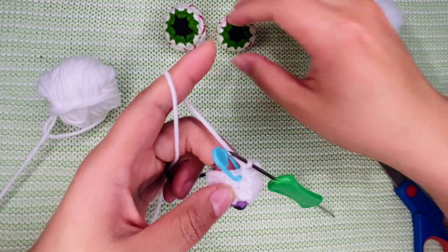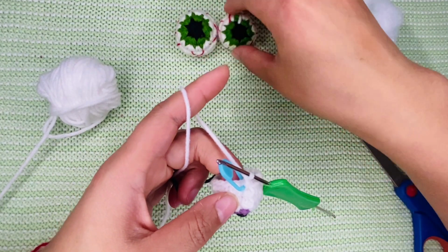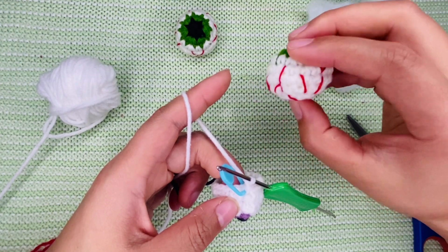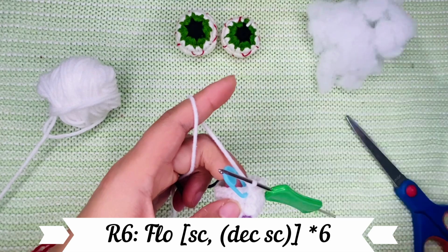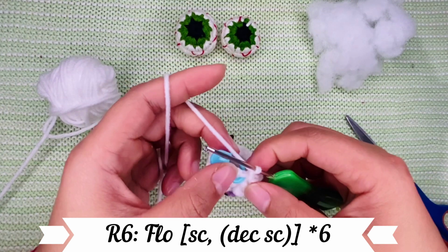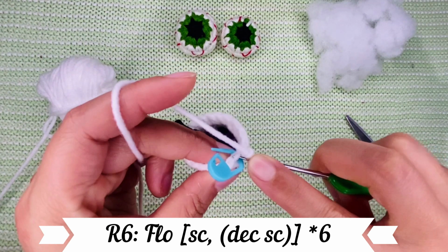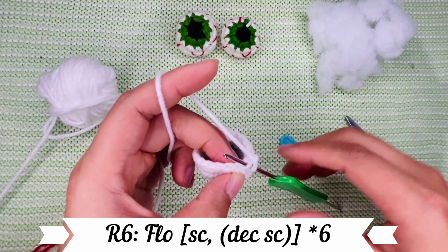And from here, we'll be decreasing the stitches to bring the circle back together and close off as a bow. So for the sixth round, we'll be doing one single, one decreasing single combination, working on the front loop only, the loop that's closer to you. So insert into the front loop of the first stitch where the marker is, into the loop that's closer to you, make a single,